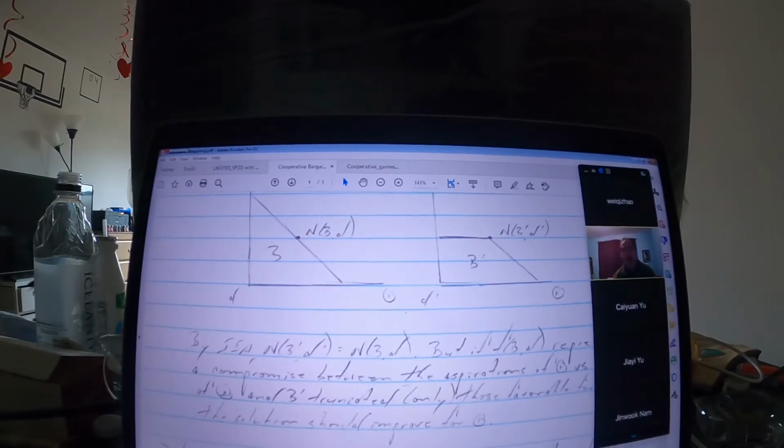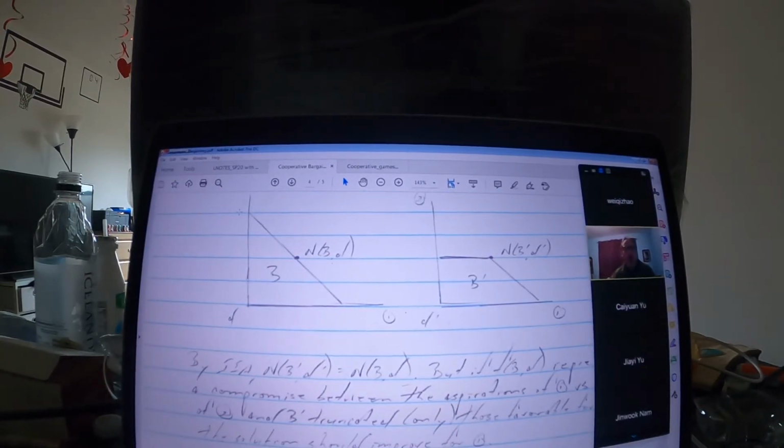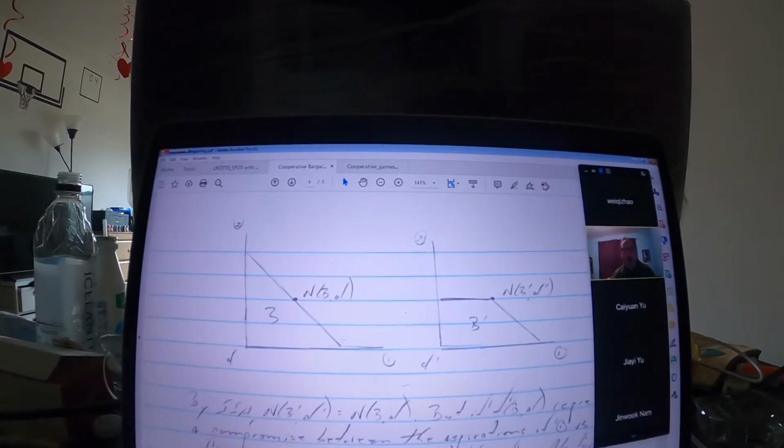But in any event, in this problem, if player 1 were to stake out its initial offer, or its initial claim, was this, and player 2's initial offer or claim was this, and this represents a compromise, then these are important in that they